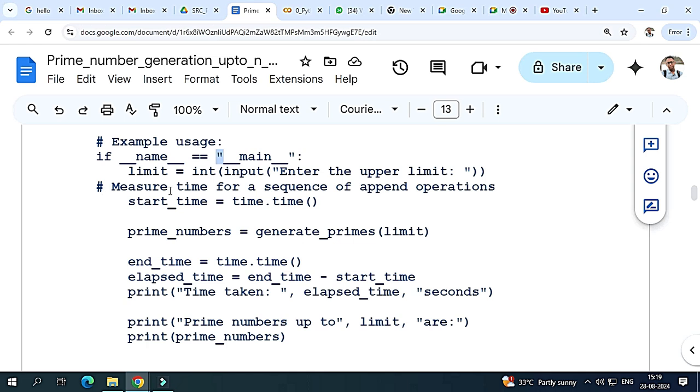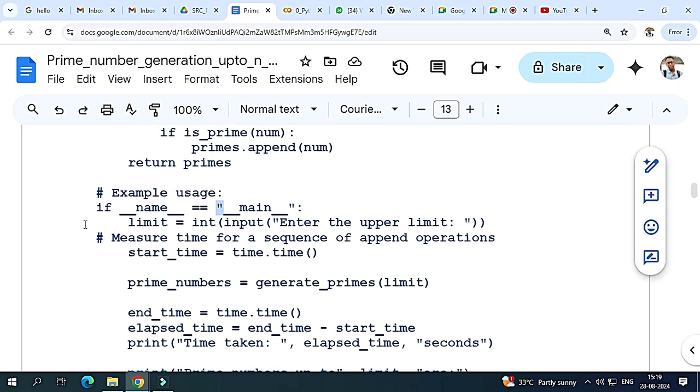Okay, thank you. Then the next thing I wish to tell you is that you always maintain 4 blank spaces for shifting. So here, see, this is the body of the if loop. The 4 blanks: 1, 2, 3, 4.